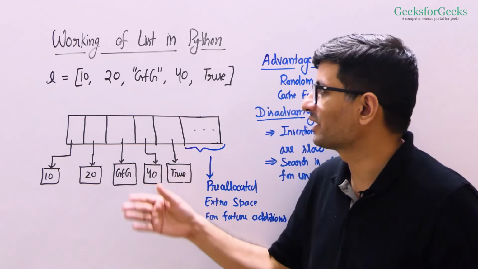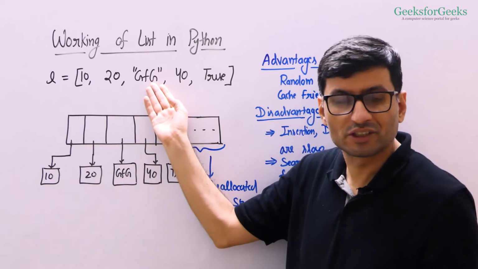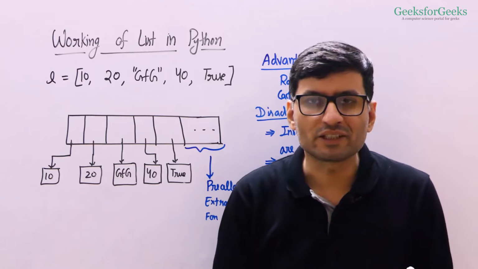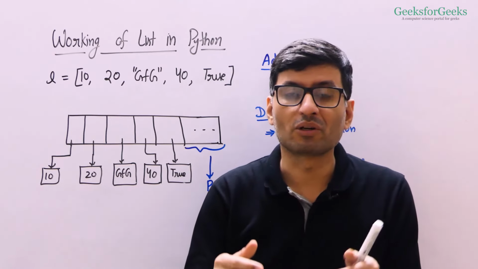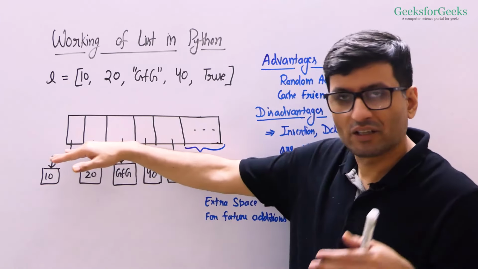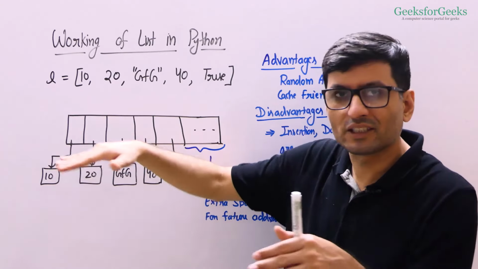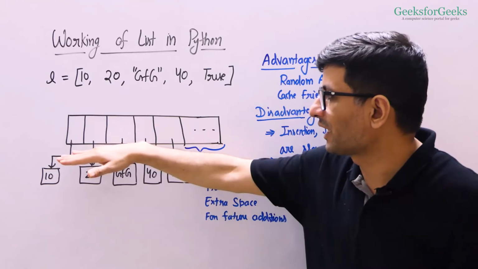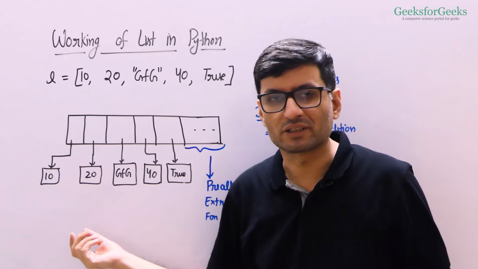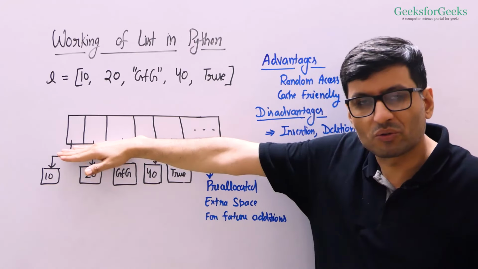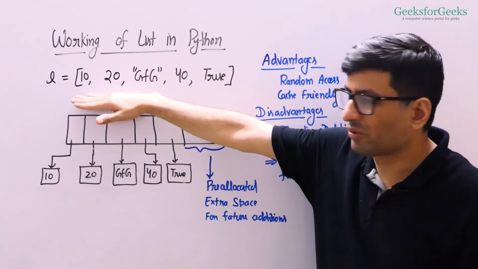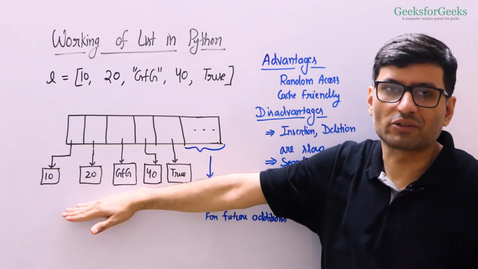For example, in this list, I have 10, 20, GFG, these are strings, right? These are integers, this is a boolean value. So how is it managed? In Python, every variable or every member of a list is actually a reference, right? So when we say an array is underlying, this is an array of references. This array stores references to these items, and these items are stored at different locations. See, these references must be stored at contiguous locations because the underlying data structure is an array, but the actual items might not be at contiguous locations.